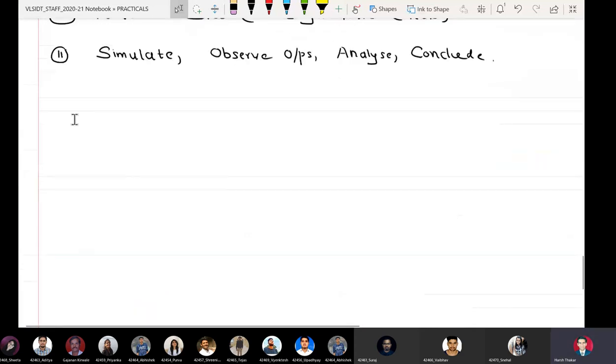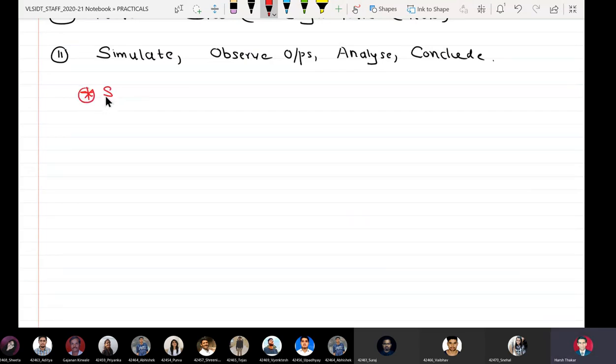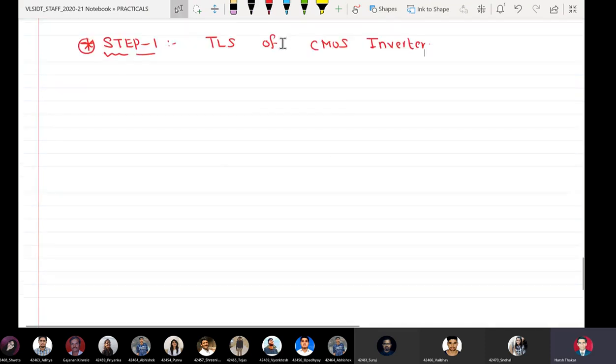Okay, here it is. Transistor level schematic of CMOS inverter. You know this, you have also studied this in second year of engineering.